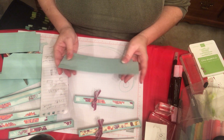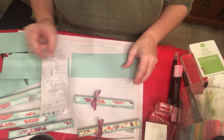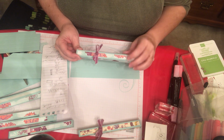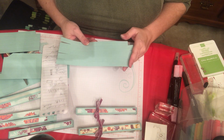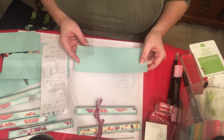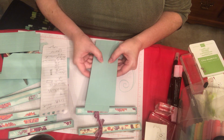The first thing you want to do is cut a piece of paper that's 3 inches by 8.5, and then you're going to get 4 pieces of DSP that are 6 3/8 by 3/8 of an inch. This is scored at 5/8 and 1 1/4 on this end, and then it's scored at this end at 5 1/8. Then it's turned this direction, then it's scored at 5/8 again, at 1 7/8, 2 1/2,